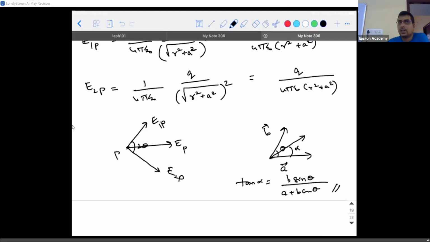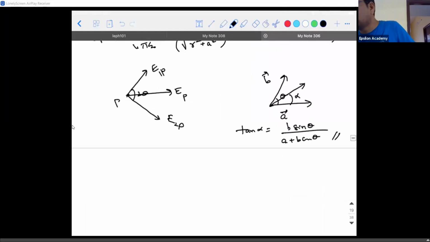Rhythm. Now our job is to resolve them and solve them. How are we going to do this? If I call the electric field at the first point as E, electric field due to the second vector at point P also as E, then both the E's can be classified into X component and Y component.